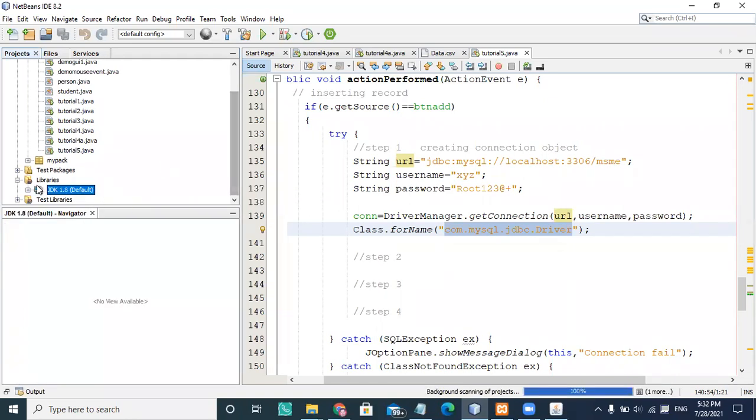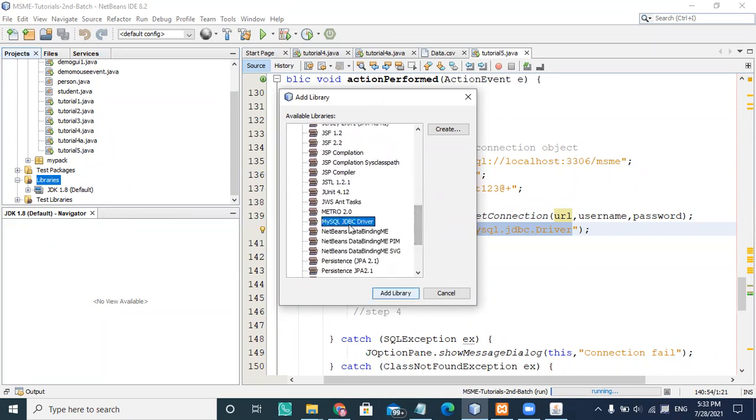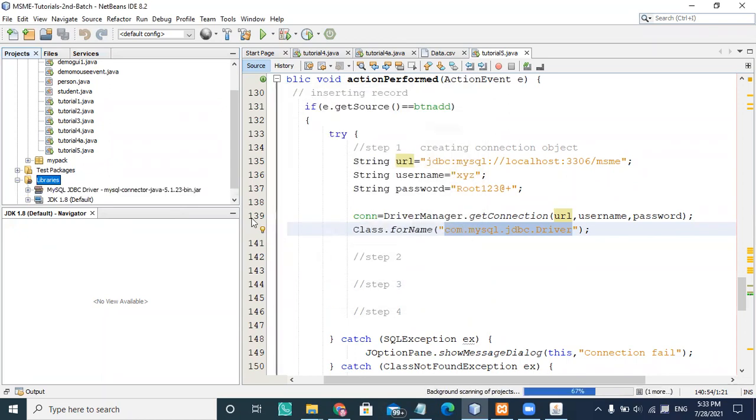So this is my default library, JDBC 1.8, and when I click on add library here, it gives me a list of libraries. And inside that, I'm looking for the MySQL JDBC driver. So I'm choosing and adding this MySQL JDBC driver.